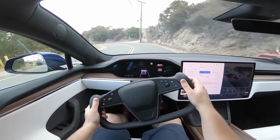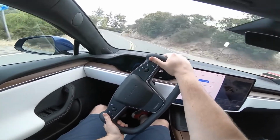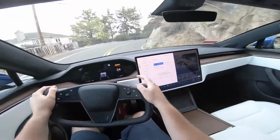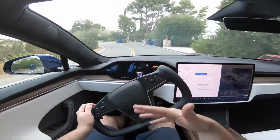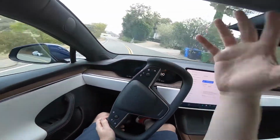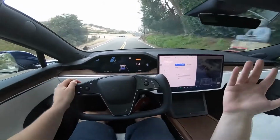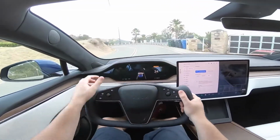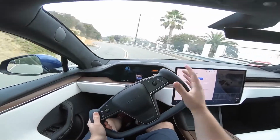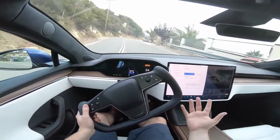If you do drive it very aggressively, which I have been doing, you run out of battery a lot faster than the 396 mile range. Honestly, it's closer to 150 to 170 miles of range before you actually have to take it back to the supercharging station. The reason I say before is once you get below 30% battery, it gets much, much slower, like